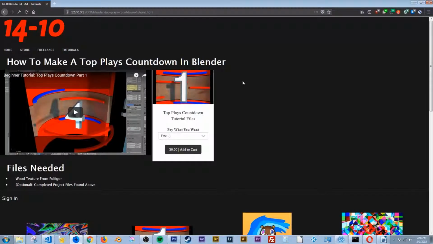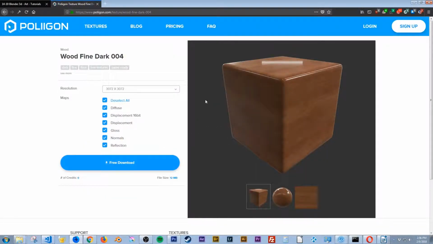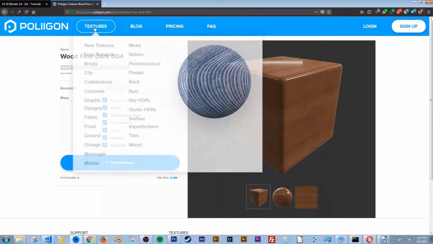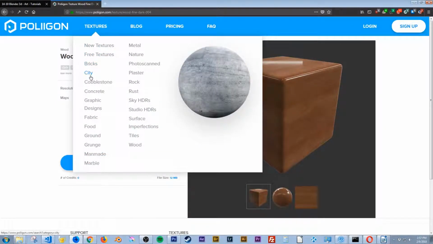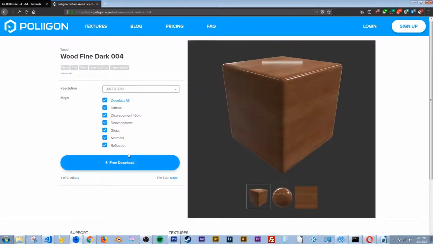Alright, before we open up Blender, let's just go ahead and get this wood texture that we're going to need. If you follow the link in the description, you'll be taken to my website, and right here you'll see wood texture from Polygon. If you click on that link, here's the wood texture we're going to use in this project, and you can just click free download. I would go ahead and move this folder into whatever folder you're going to be working on this Blender project in. And by the way, Polygon's got a great site with tons of different textures, so feel free to check that out. But we're just going to use this free one so we can get going on this